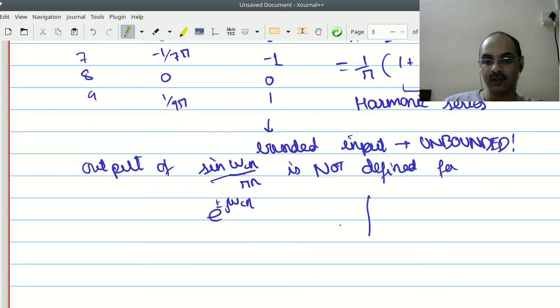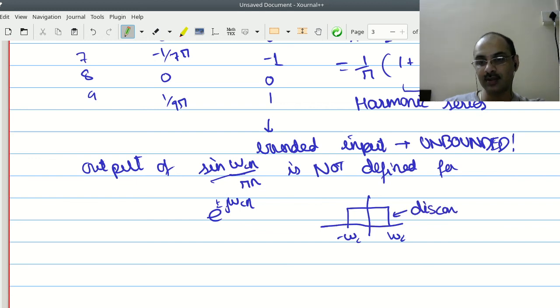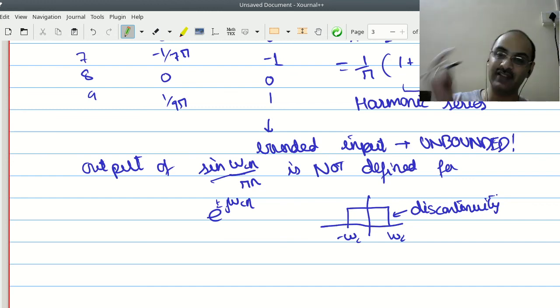When you have this kind of situation, notice that over here there is an abrupt jump, there is a discontinuity. Because there is a discontinuity, exactly what happens over there is not very well defined. But this happens only when there is an absolute discontinuity. The moment you convolve with something like the Fourier transform of a rectangular window, then this problem will not arise. If you don't believe me, have a look over here.